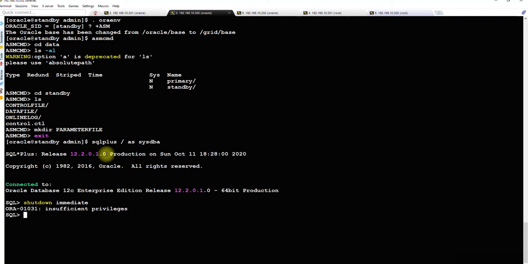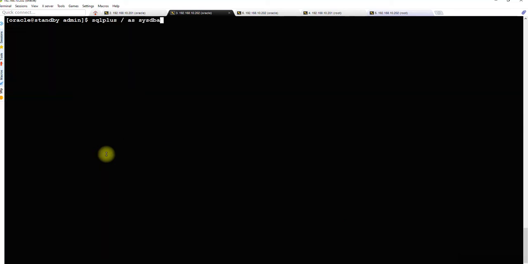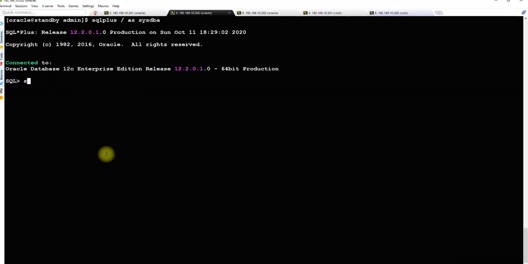I'll rename the spfile to a backup or whatever it is. So let me first shut down the database. I cannot shut down, I need to set the environment first. Okay, sorry about that. Standby. Let me clear the screen. These are small mistakes. Shutdown immediate.